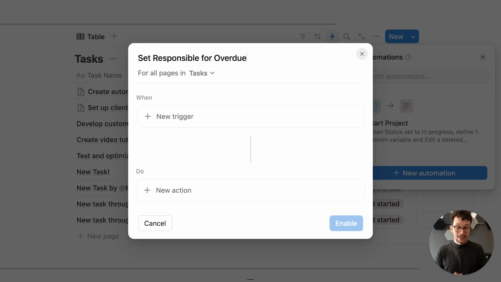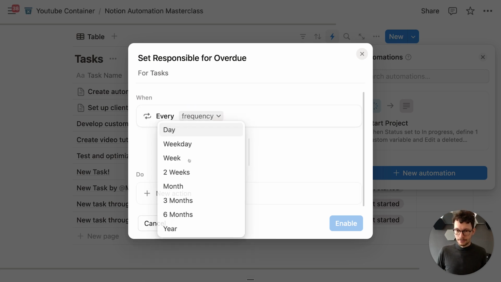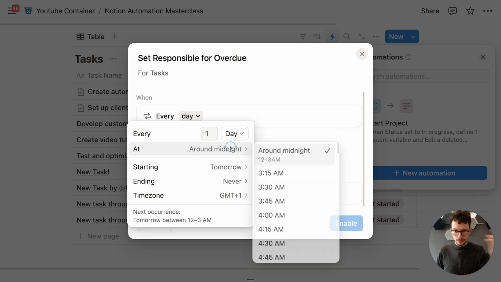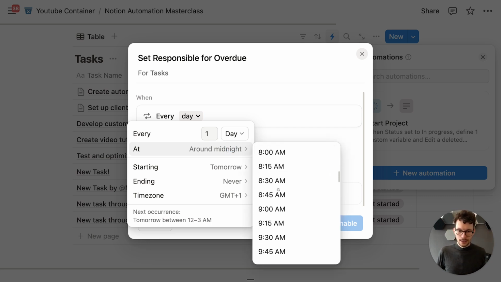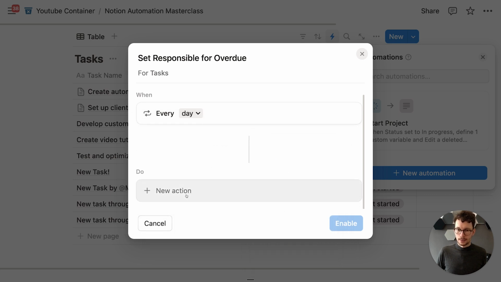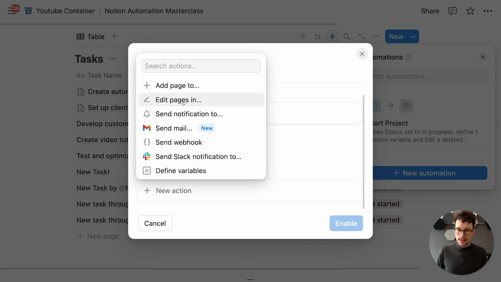And we can do this also in general. We can say, okay, whenever something is overdue, the team lead needs to have a look at this. So the trigger would be every day, and we can set a time. So let's set this to every day around 11:45 or something like that, whatever you prefer. Do the following action: edit pages in